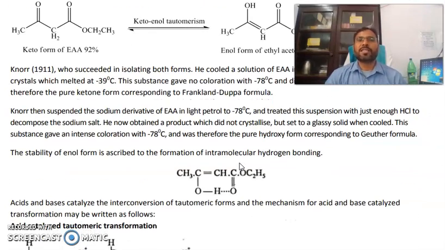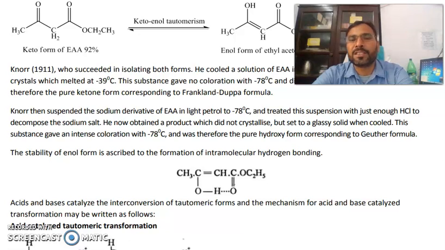Thus, the structure of ethyl acetoacetate remained a point of discussion until 1910. The controversy was resolved by Knorr in 1911 when he succeeded in isolating both tautomers in pure form and showed that the two forms are readily interconvertible. Knorr cooled a solution of ethyl acetoacetate in light petrol to minus 78 degrees Celsius and obtained crystals which melted at minus 39 degrees Celsius,